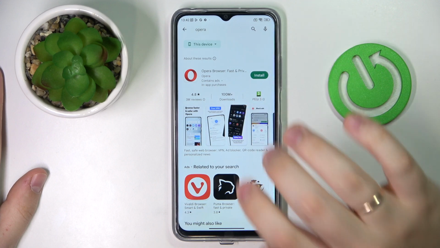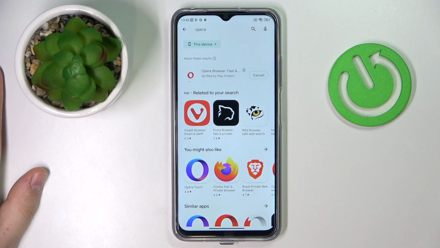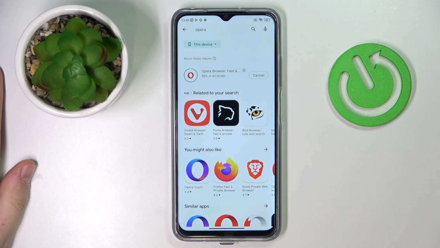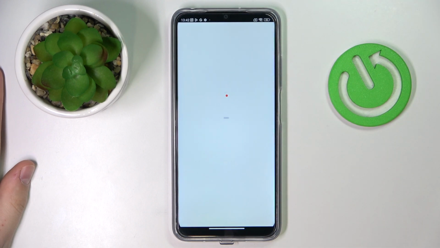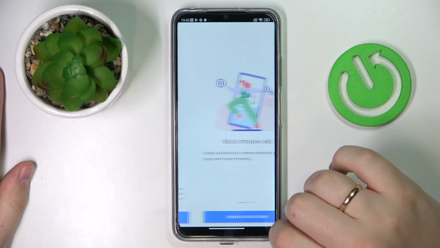Once the needed app is found, click on this green install button and wait for the Opera browser to get downloaded and installed respectively. After that, we can go ahead and launch the app. In here, it is required that we undergo a very simple setup procedure. So tap on this blue continue button, then